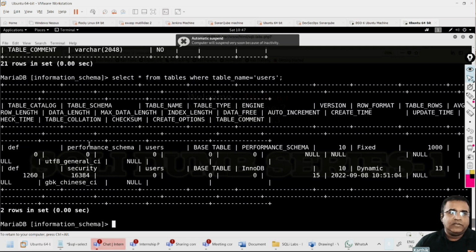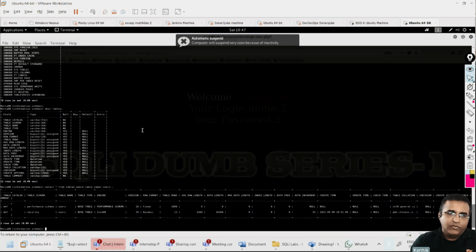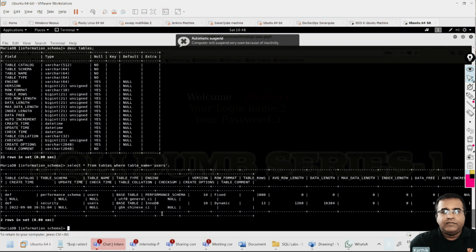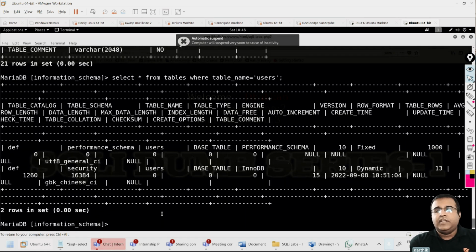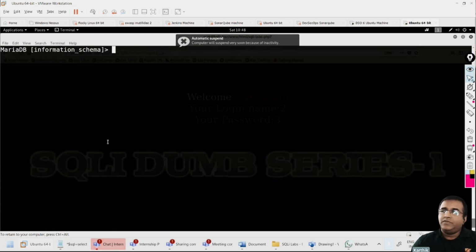Let me reduce the font size. So here there are two values, but this is not going to be of much use. This is not the right way to go. Why? Because I don't know the table. Here I have access to the MySQL, but while working in real time, I will not have access to that.